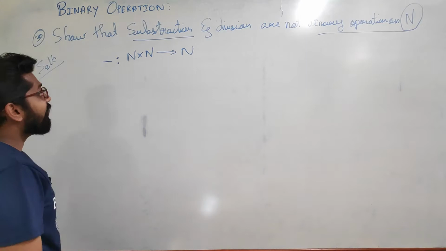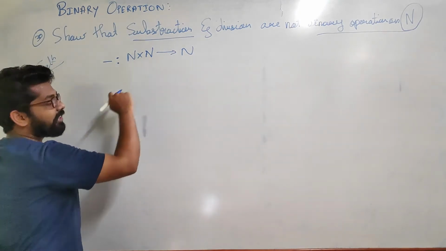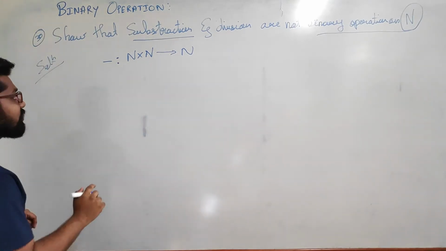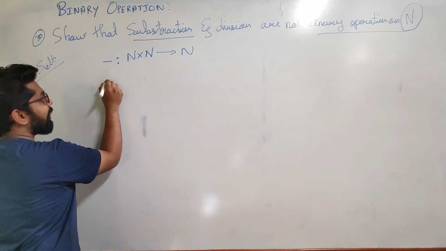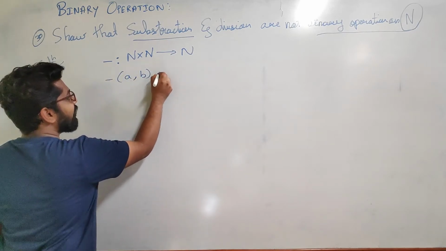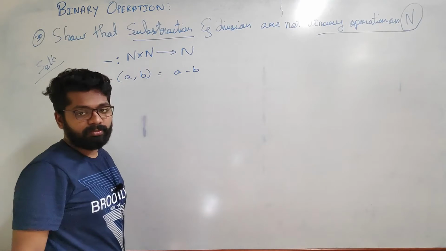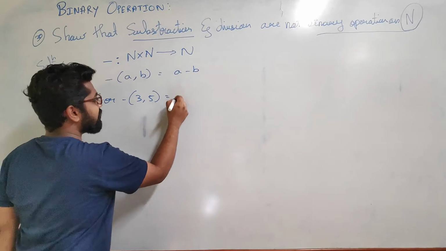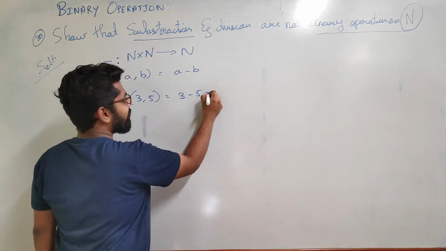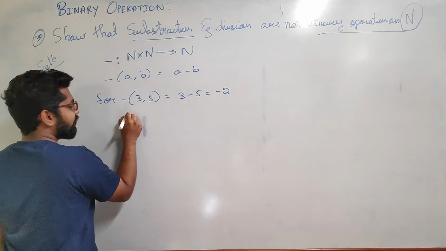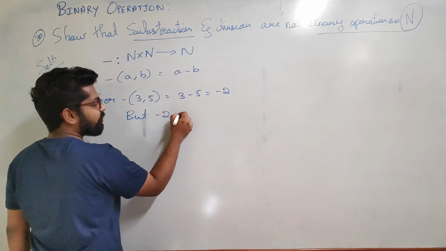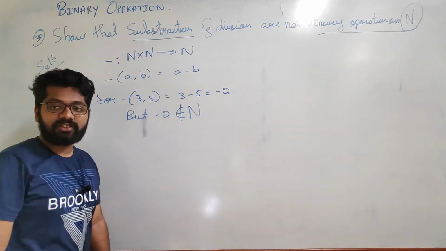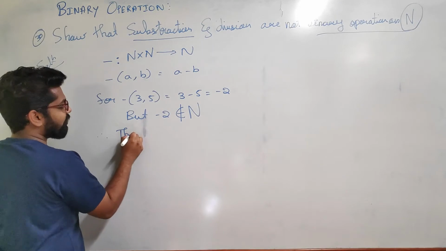The natural number set consists of 1, 2, 3 and so on. 0 is excluded, negative numbers are excluded. I'll consider minus of (a, b) defined as a minus b. Now minus of (3, 5) equals 3 minus 5, which equals minus 2. But minus 2 does not belong